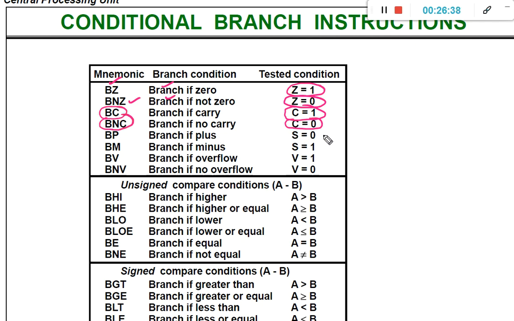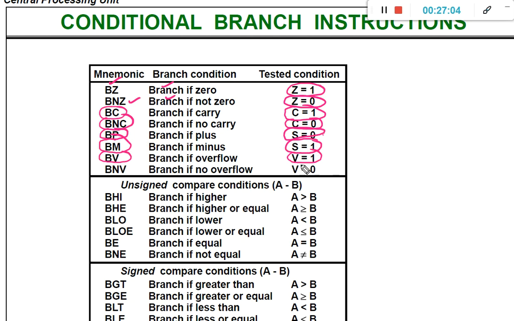Branch if plus, if the sign bit is 0, then perform the branch statement, represented as BP. Branch if minus, if S value is 1, then perform the branch, it is represented as BM. Branch if overflow, if overflow flag V is equal to 1, then perform the branch, represented as BV.